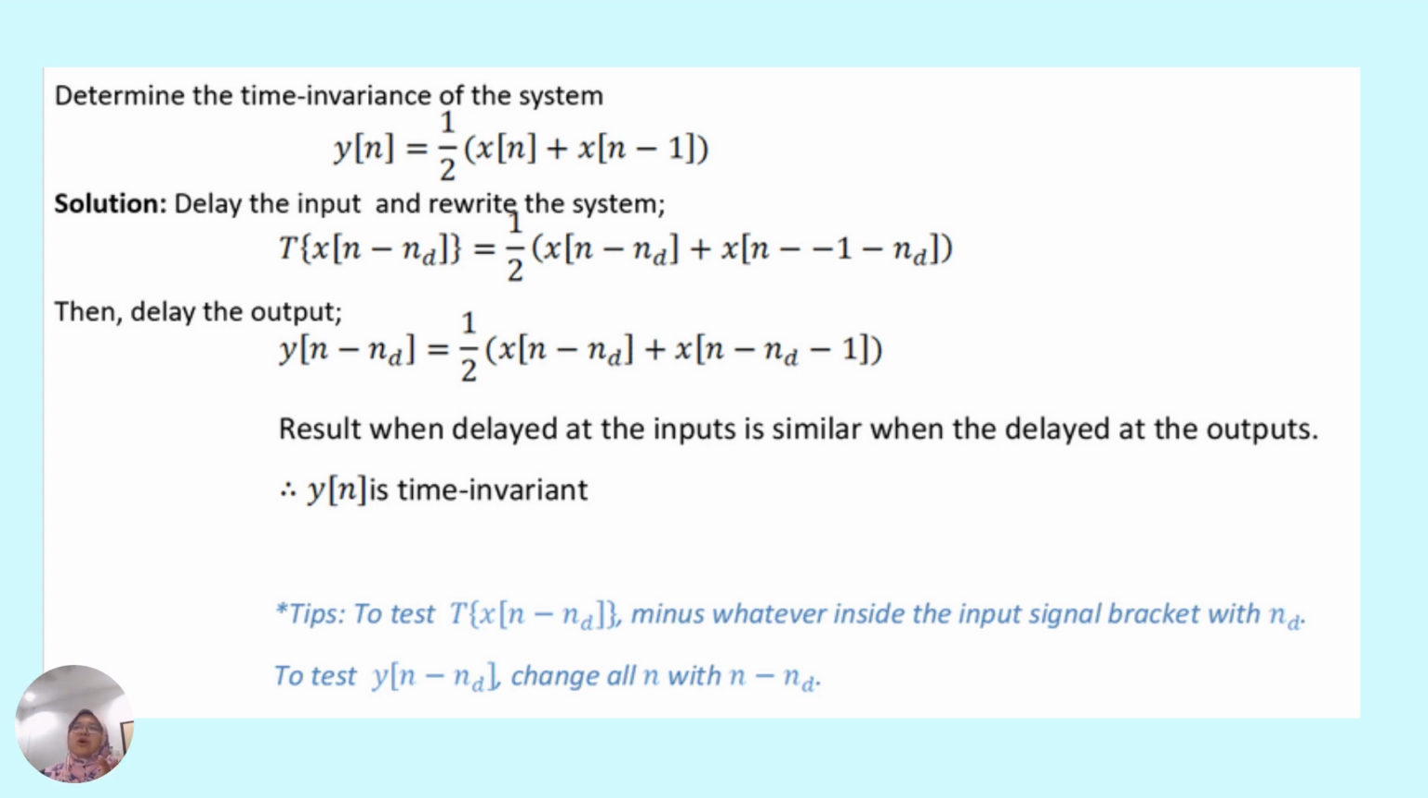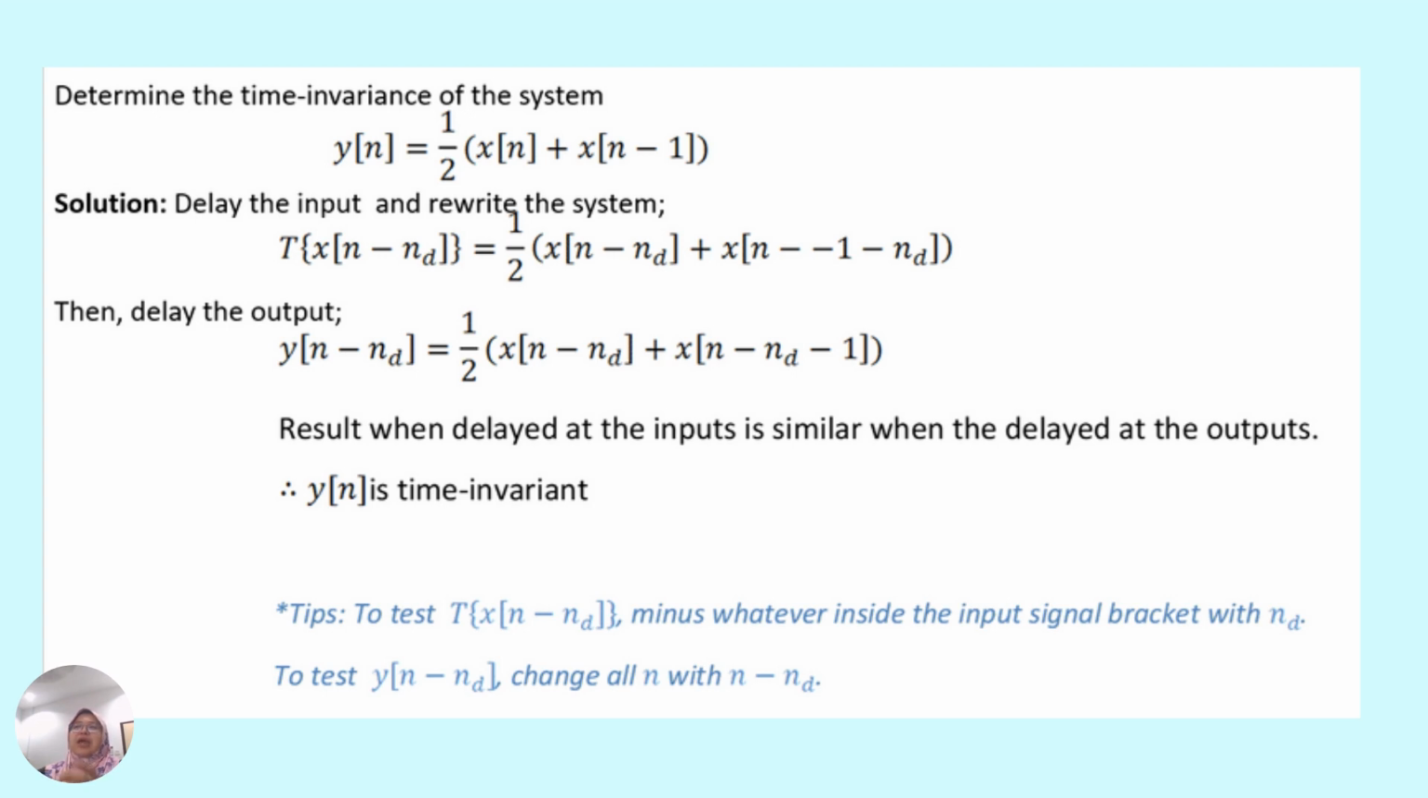to do is to delay all the inputs. What is the input? The input is xn. So we delay xn by nd. So all the xn must be delayed by nd. So here there is also a typo. So here you see that when you delay all the xn, you get 1 over 2 xn minus nd plus xn minus 1 minus nd. Okay, so all the